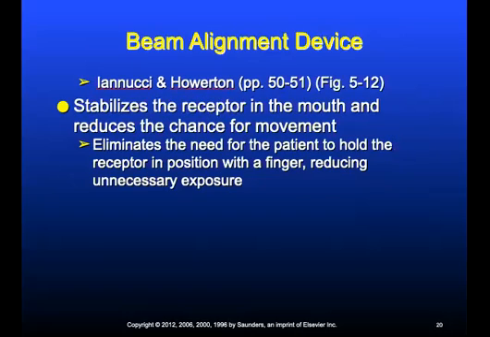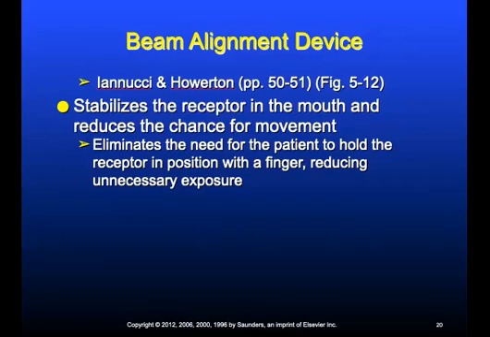A beam alignment device will stabilize a receptor in the patient's mouth, which reduces the chance for movement. So it eliminates the need for the patient to hold the receptor in position with a finger, reducing unnecessary exposure. A film holding device will assist you, the operator, in properly positioning the film and PID, thus decreasing the